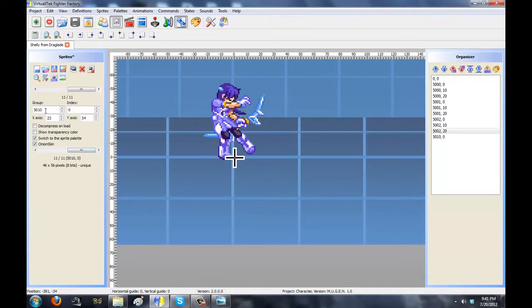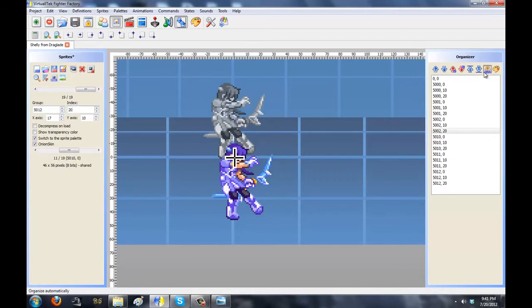Okay, so group 5010, index 0, duplicate 10, duplicate 20, and now duplicate again. 5011, index 0, the next set, align to midsection, duplicate 10, duplicate 20, duplicate again. Group 5012, index 0, align to head, duplicate 10, duplicate 20, automatic organize,